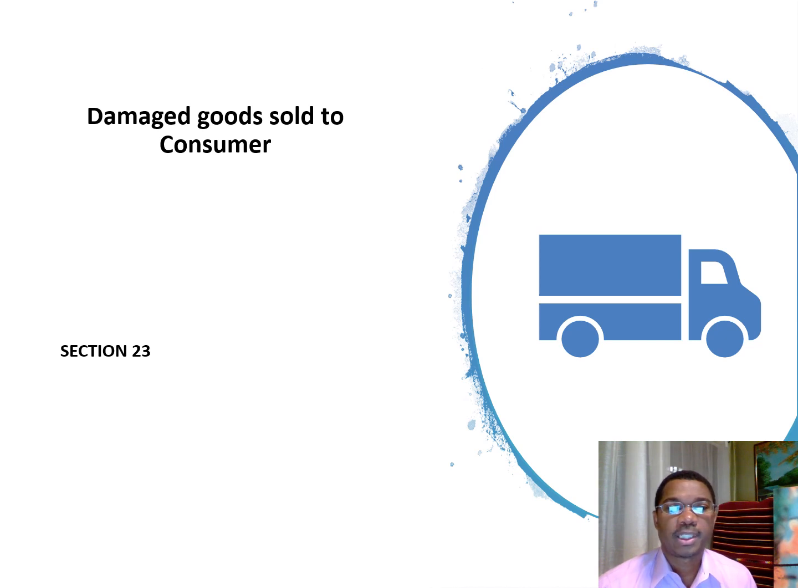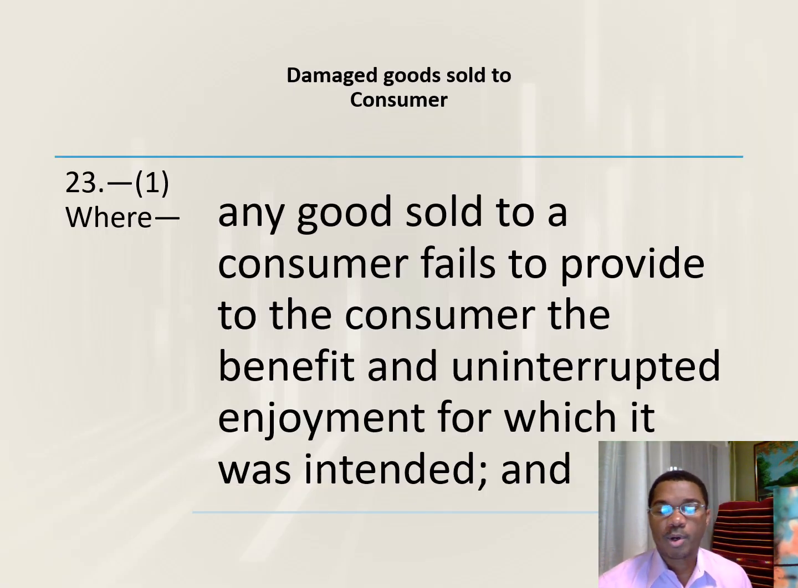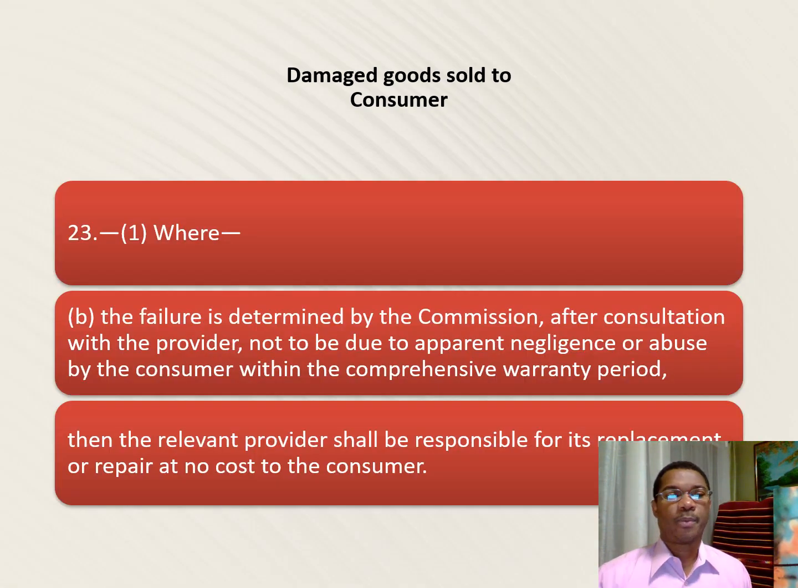So section 23 speaks about damaged goods sold to consumer. We're talking about consumer protection, and this is where now the quality of the good becomes important. So as we can see by virtue of section 23 subsection 1, where any goods sold to a consumer fails to provide to the consumer the benefit and uninterrupted enjoyment for which it was intended,